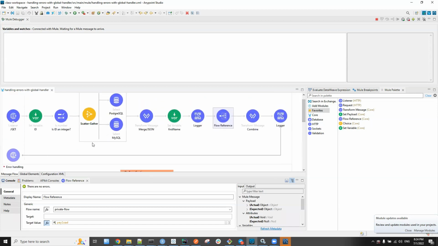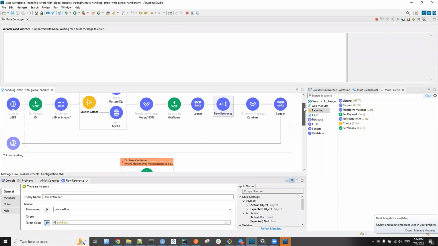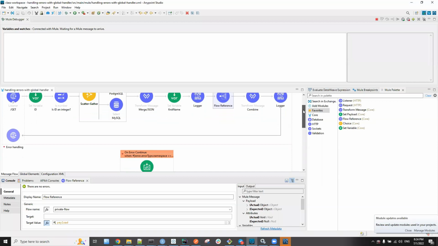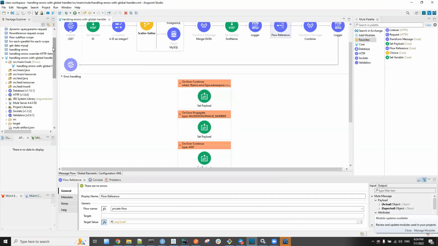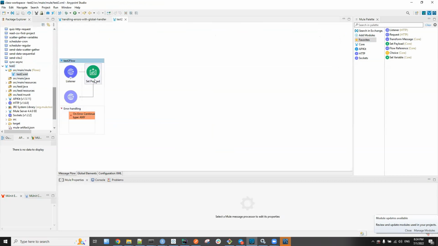So the reason I added these different processors is because I want to show you the different types of errors it shows. The other thing I want to add here is that if you don't have the processors, it doesn't show you. I have this one in this test2 flow. I just have set payload.